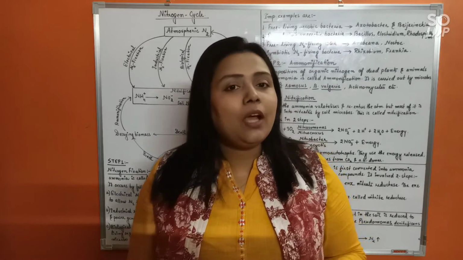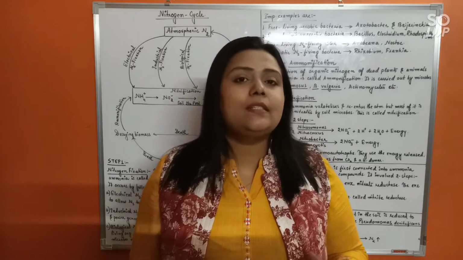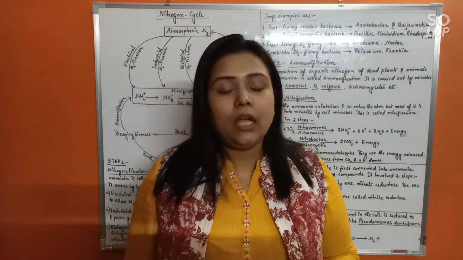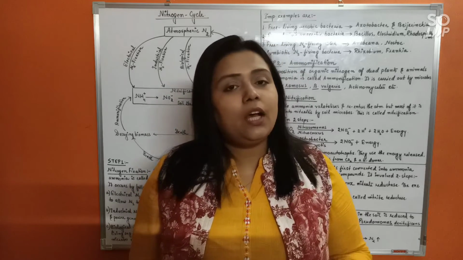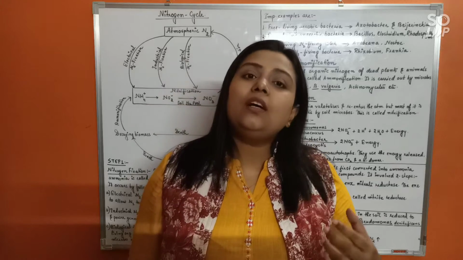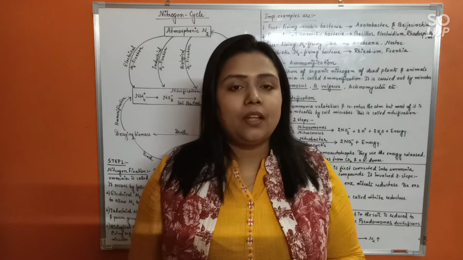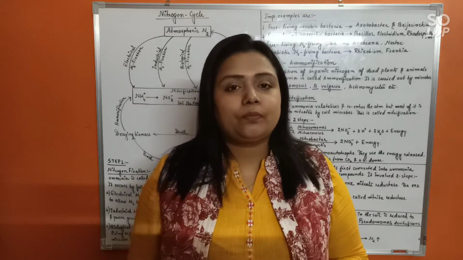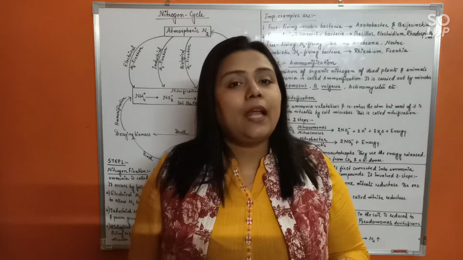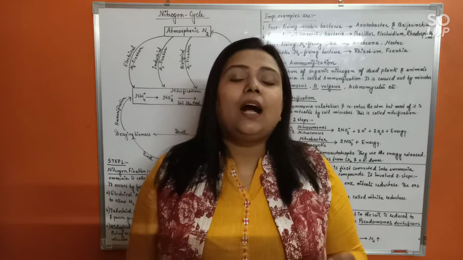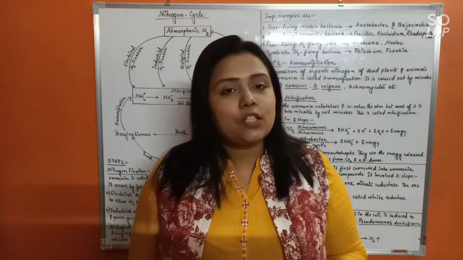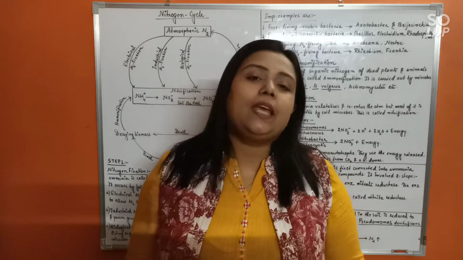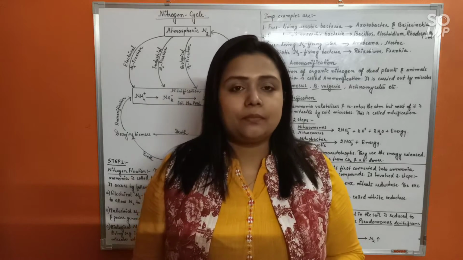That means in one way I am telling you that nitrogen is there in abundance in our surroundings. 78% of the air is nitrogen. But on the other hand, nitrogen is also the most critical element. Now why is that so? That is because nitrogen is highly inert. It is unreactive. That's why it cannot be directly taken up by the plants or animals.